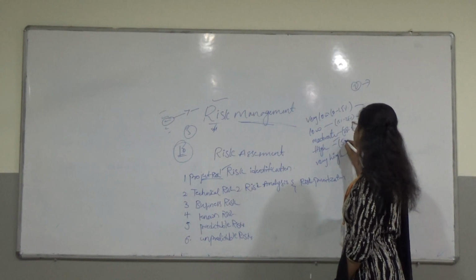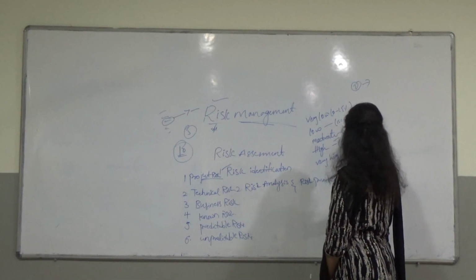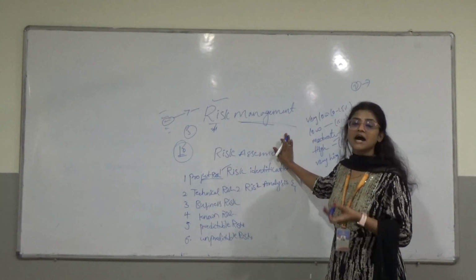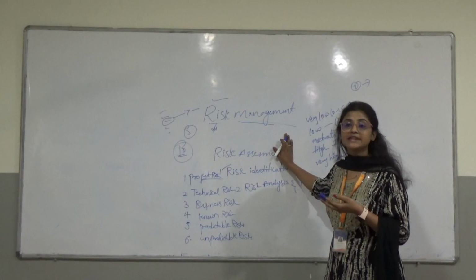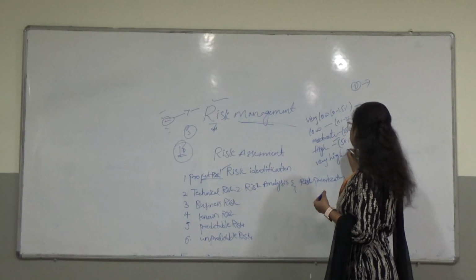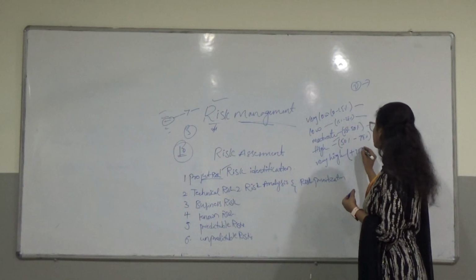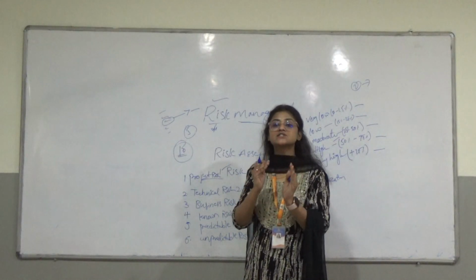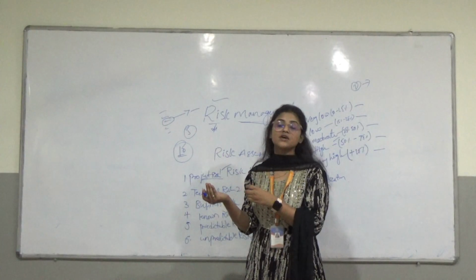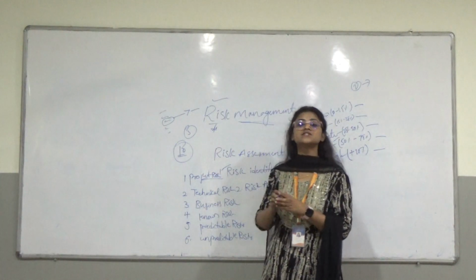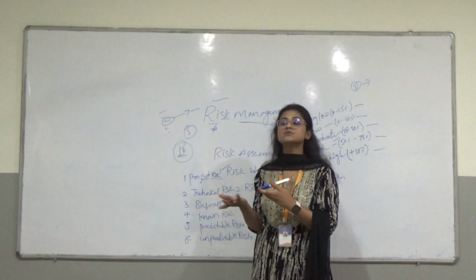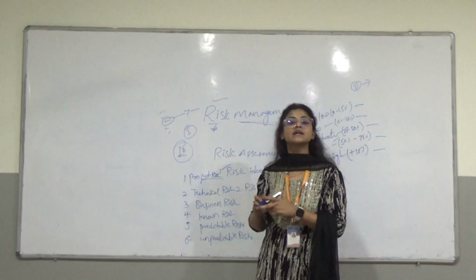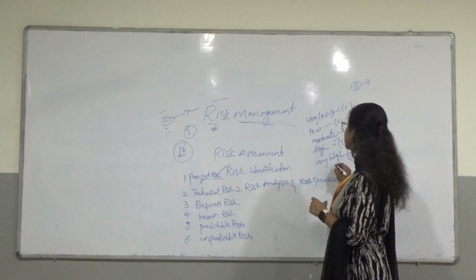And the next one is the high risk, which is from 50% to 75%. When your risk is high, these types of risk should be identified and cleared. And the last one is the very high risk, which is 75% and above. That means when you are done with the product and the product output is not exactly what the user requires. If you have developed a product that is not up to the user requirements, definitely the user will not purchase or use that product. That is a complete loss to an organization. That type of risk comes under the very high risks.